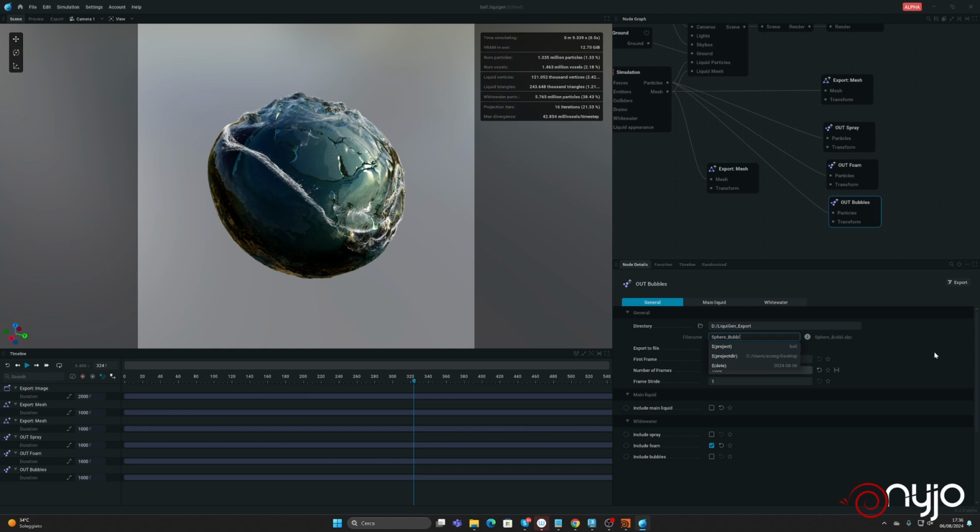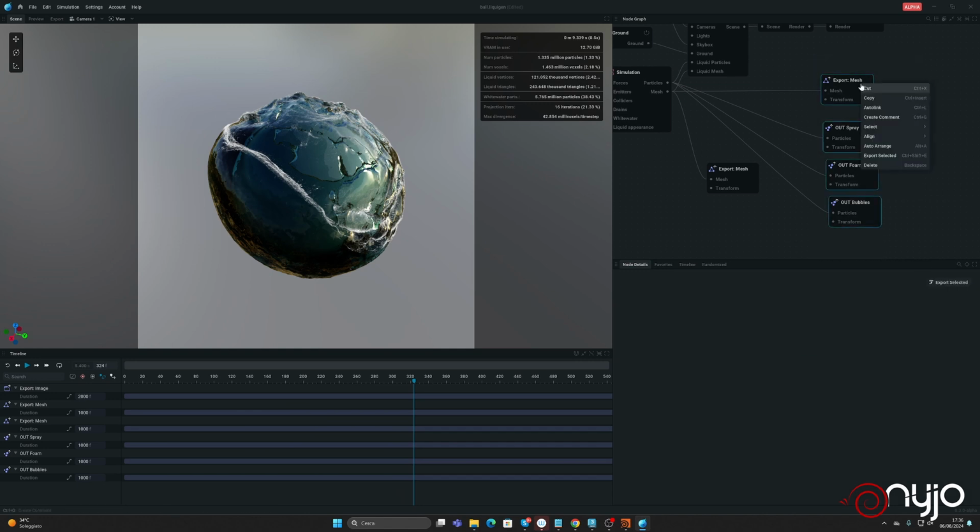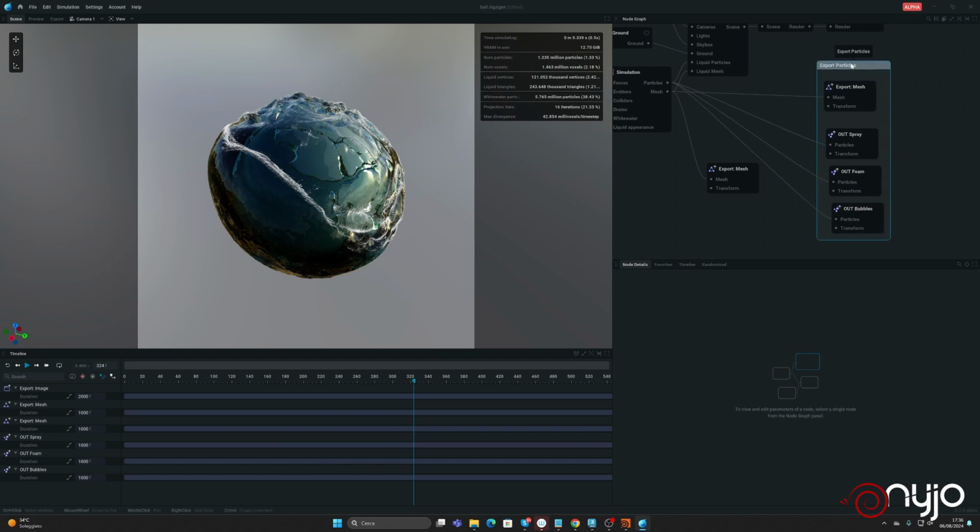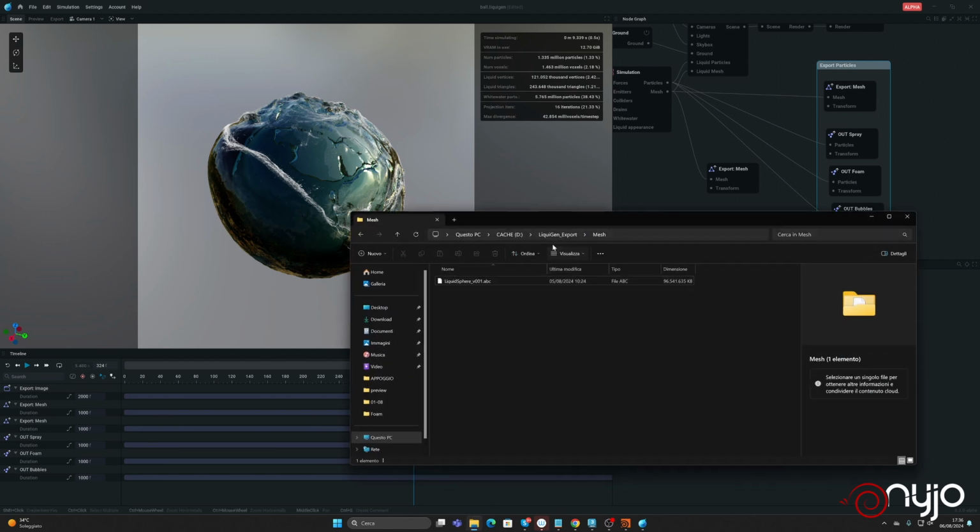Okay, so bubbles, and you go to export just the bubbles. Let's say that all this stuff, let's create a comment, and we can call it export particles, and you have it. Okay, then you go to export everything, and in my case, if you go to check, we have